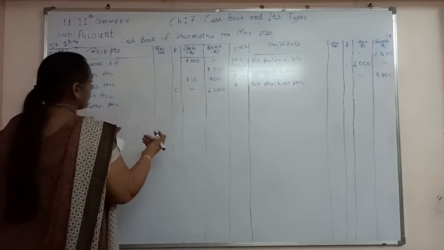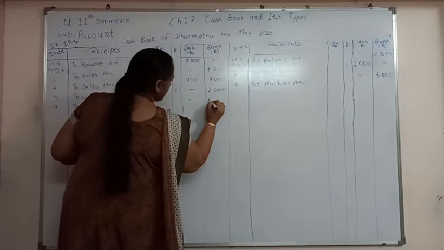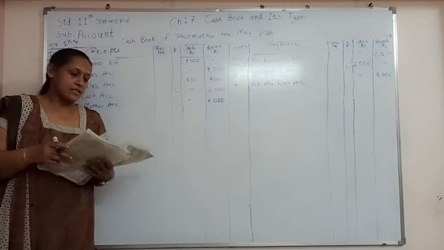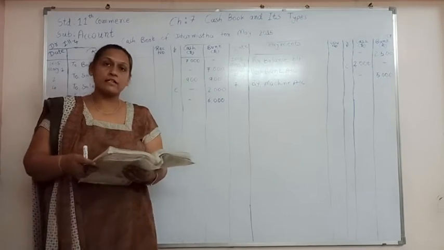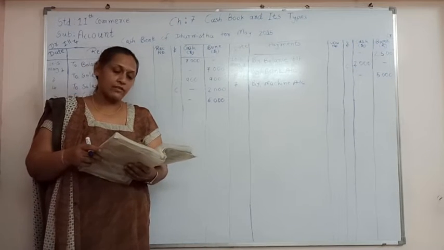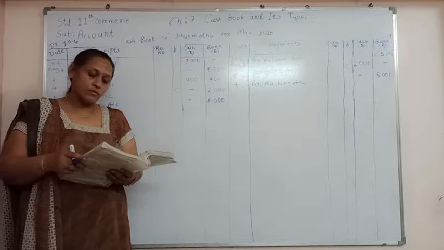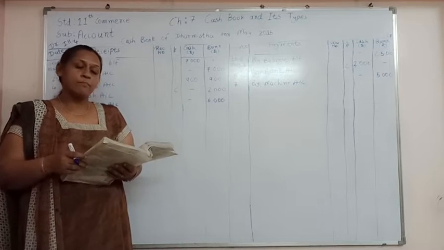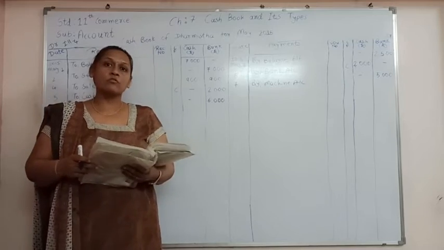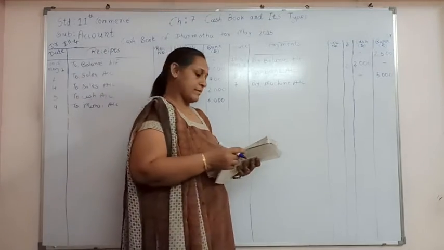Here, as we know that we have received the check of rupees 6000, so we are going to write down 6000. Again, on the date number 11, wages of rupees 500, telephone bill of rupees 500, and electricity bill of rupees 1200 paid by check. So all of these are our expenses, and we are going to write them on the payment side.